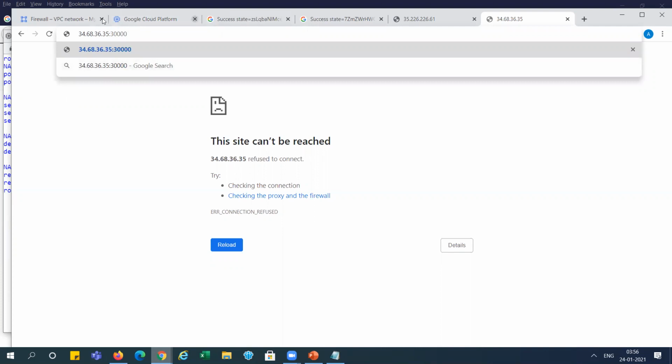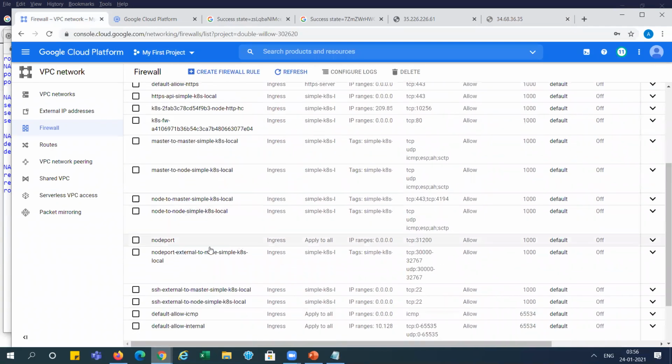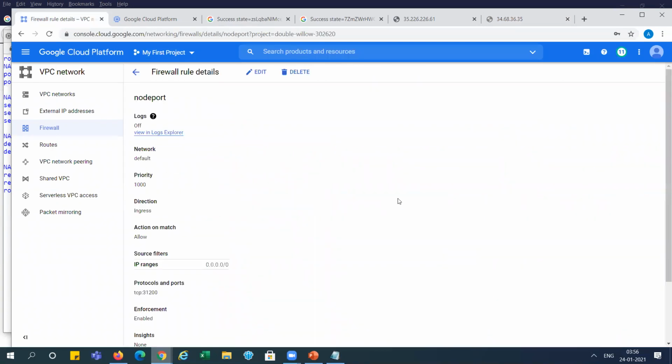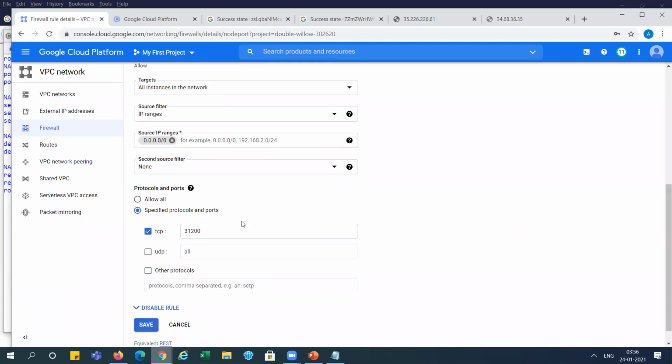But before that, we need to go to our firewall policy. You can see what we created here. We need to change it here also. This is 31200, so we need to enter 30,000. So I'm saving it.